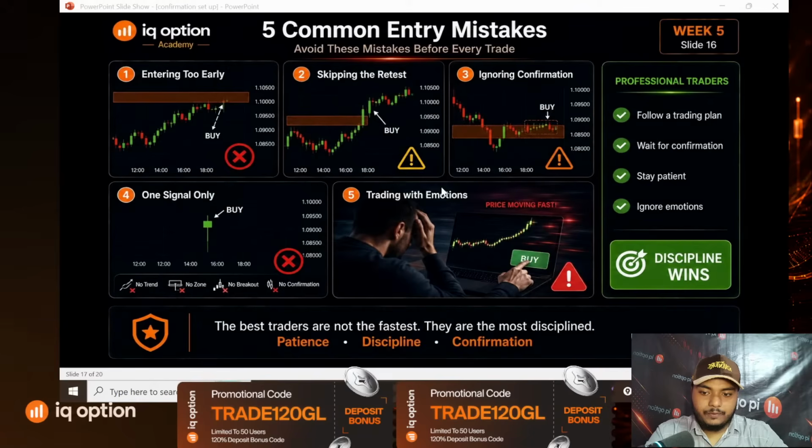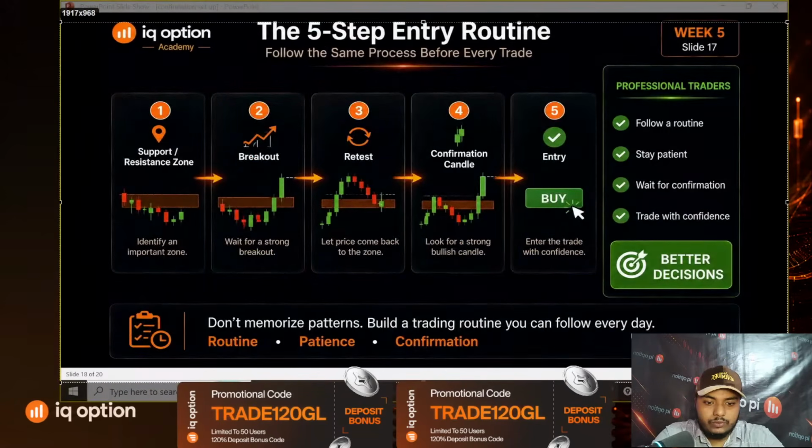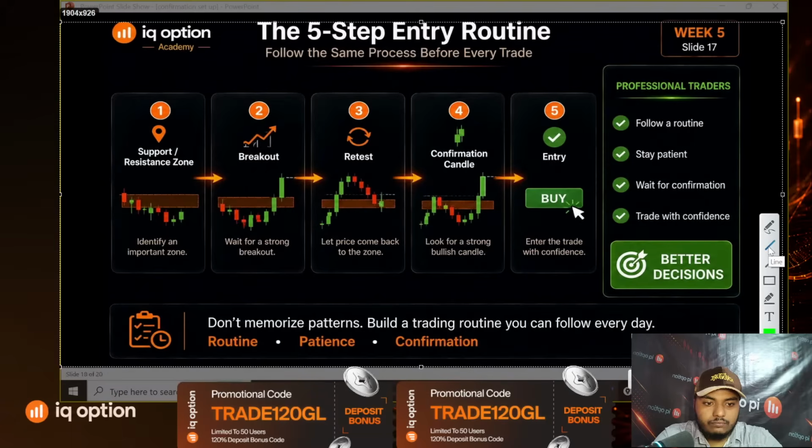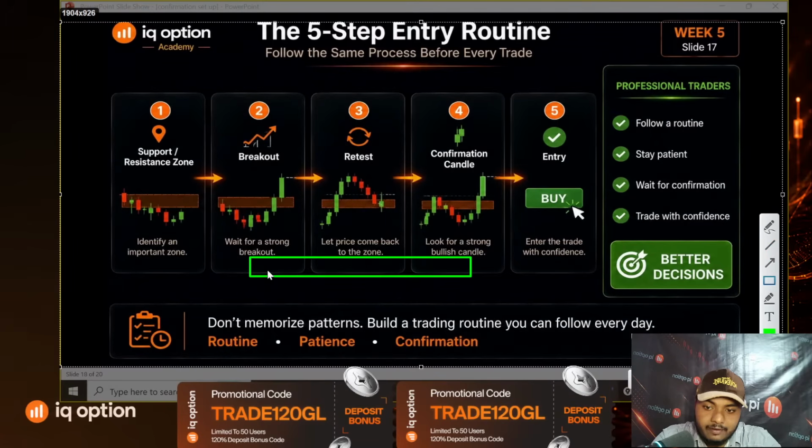Our next topic is the simple entry routine. Let me give you the routine again. The first is the trend. After getting a trend, when you see a support or resistance, after you identify your support zone, then wait for a breakout or for the market to close exactly at your level. If the market closes exactly at your level, you can wait for a pattern confirmation